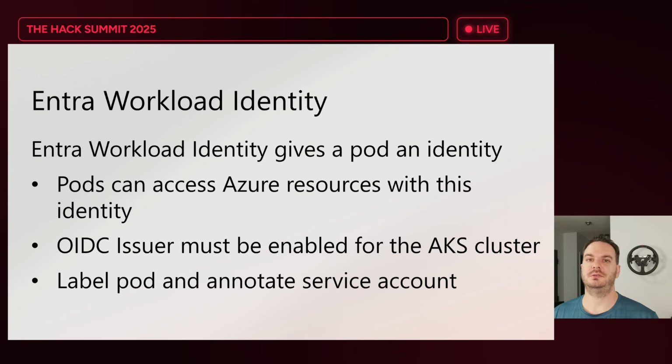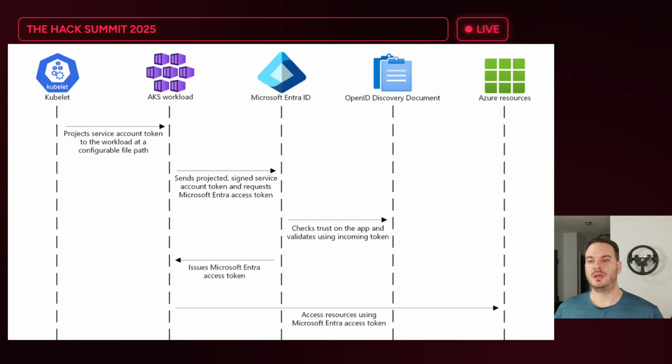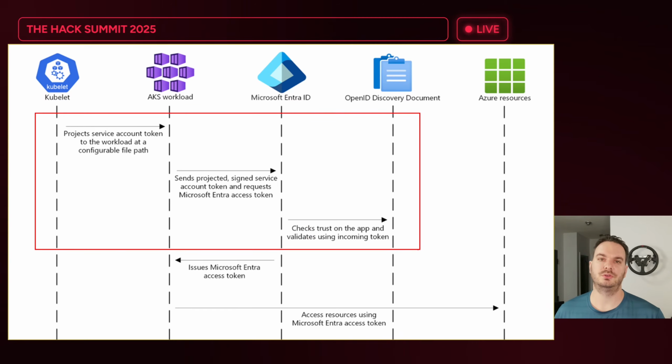If you're interested, you'll find on my YouTube channel a detailed video where I tell you step by step how to set it up. But let's take a look at the workflow, how it works in simplified terms. The first 3 steps are to get the access token. So our pod has a link to the service account, and the service account has a link via federated credentials to the managed identity. And if our pod needs an access token, then Kubelet sends this token to Entra, and